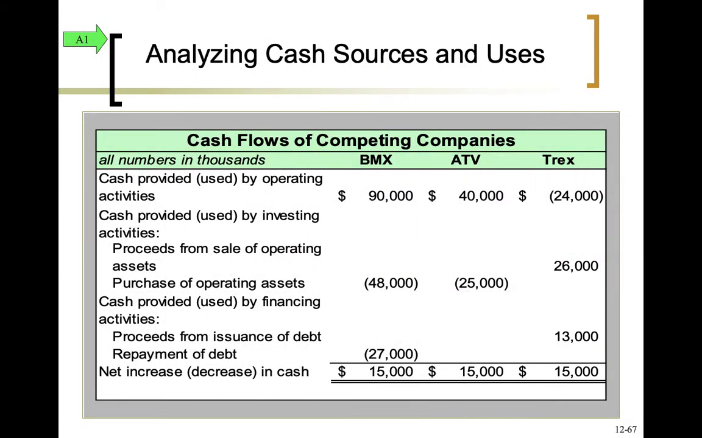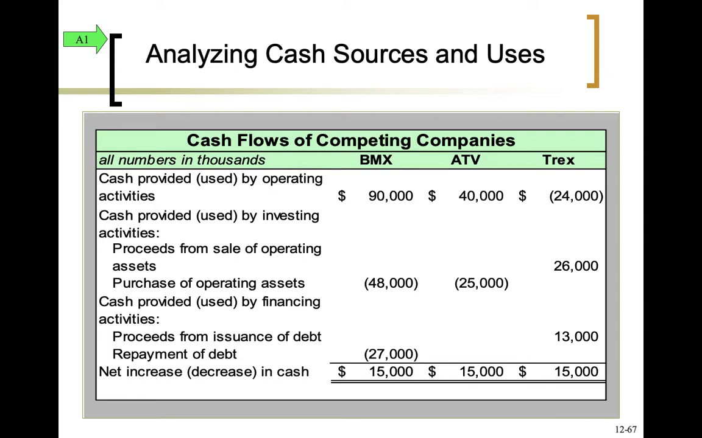We're now going to analyze cash sources and its uses. Basically, this is our ratio for the end of the unit. As you look at these three companies, notice that their net increase in cash is the same. Cash went up by $15,000 for each company. However, remember,